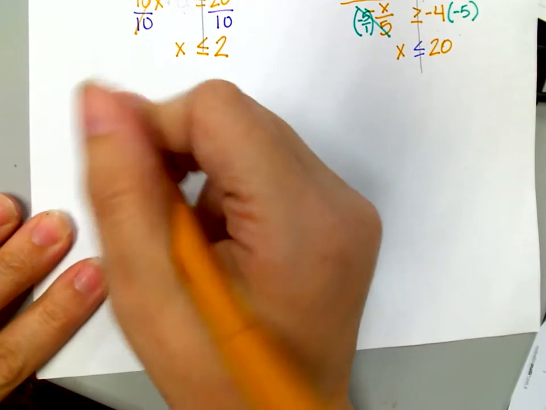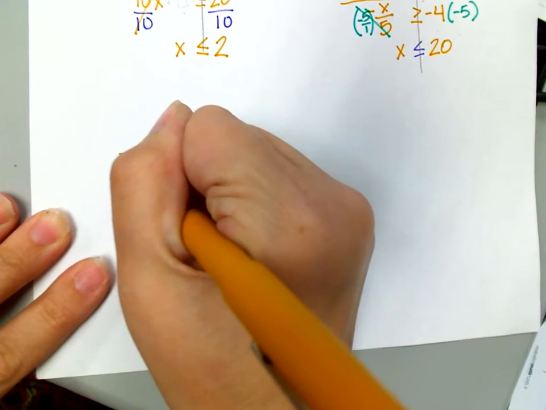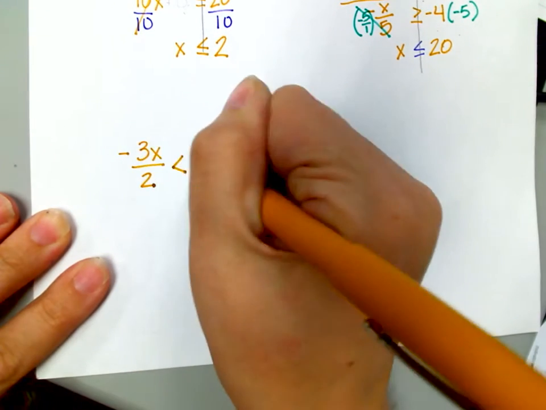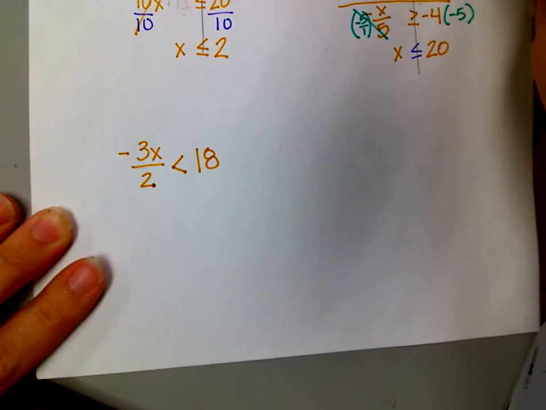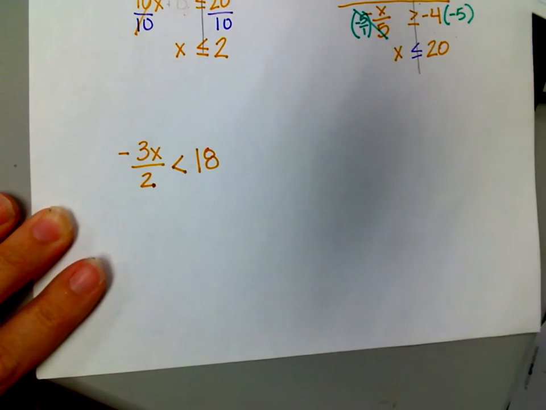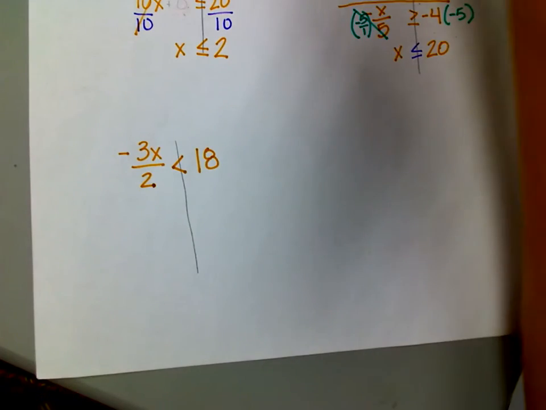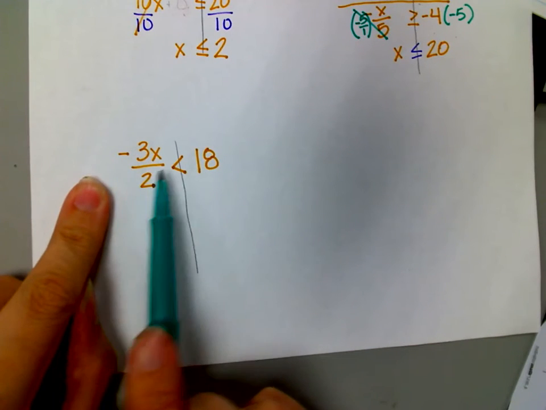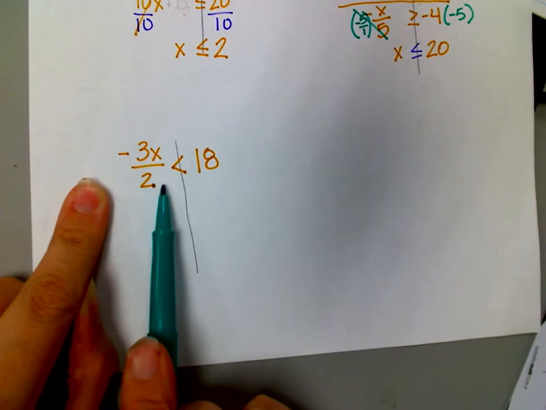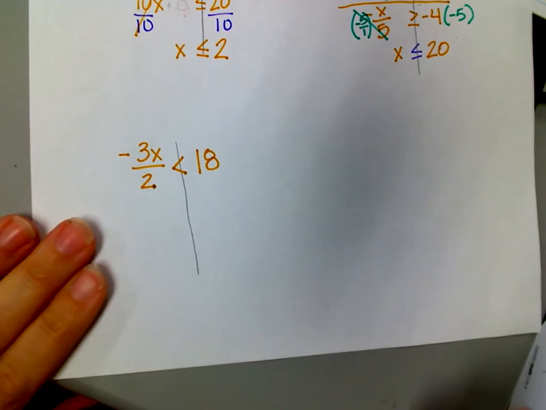Negative 3x over 2 is less than 18. Okay, I'm not going to have us multiply by the reciprocal of 3/2. We could, but I don't want to go too fast yet. So I'll go one step at a time. I'm saying negative 3x divided by 2. So what I could do is say, hey, let's multiply it by 2. Okay, if I multiply both sides by 2,